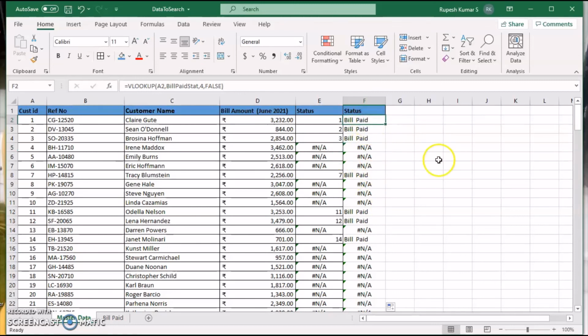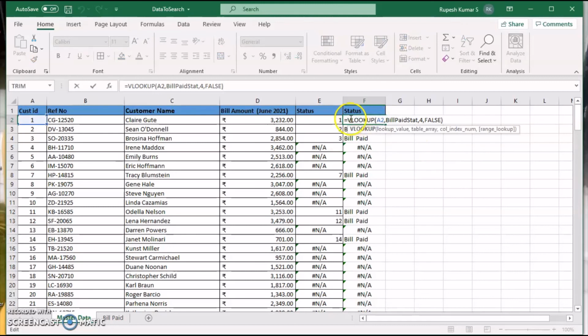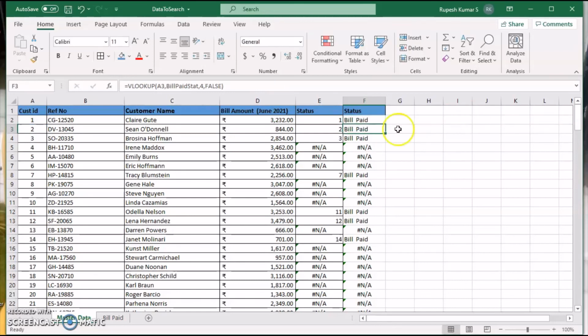So what I'm going to do? Again, there is a very good formula called IFERROR. So I'm going to use IFERROR. So how does it work? If there is no error, use the VLOOKUP function. Okay. And if you are finding an error, that is NA, then what to do? So after the bracket, comma, double quotes, not paid. Bill paid and not paid, bracket close, and we are done.